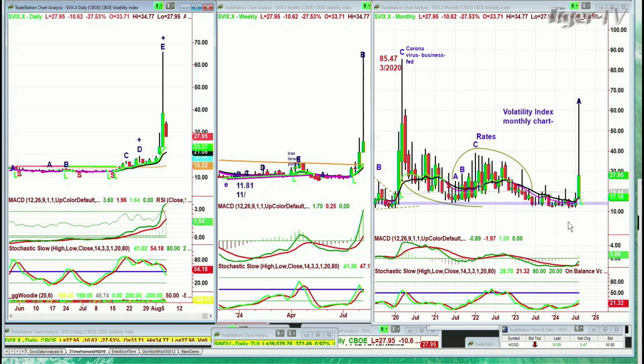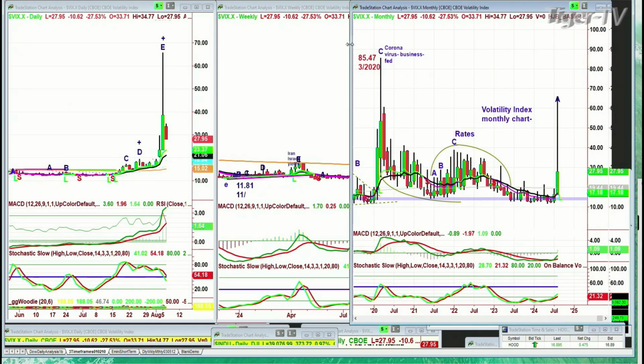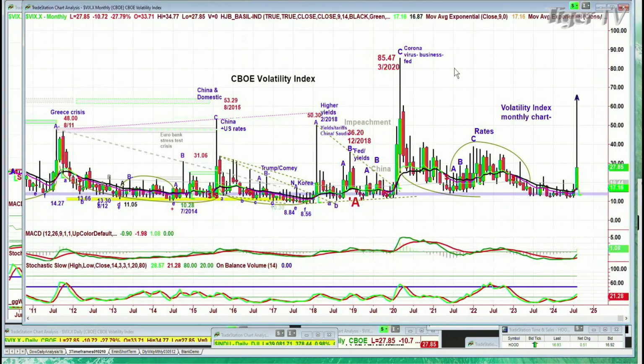The most recent low was actually, now let me just show you this. There's no rush now. We've got some kind of low attempting to be established. We'll see if that's going to hold. And now look at this. This is a CBOE volatility index, a monthly chart. And at one point back in the 2012, 2014, 2016 era, going all the way to 2018, we were under 10. We went from the 14s down to the 10s, and then down to the 8s, 8.84, then 8.856 was the low back in